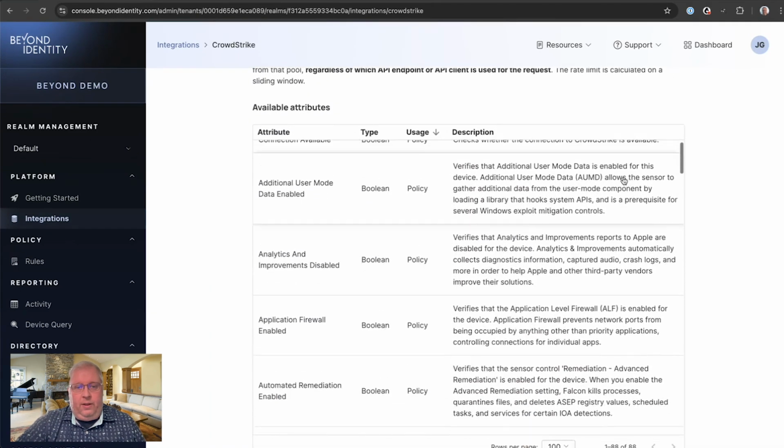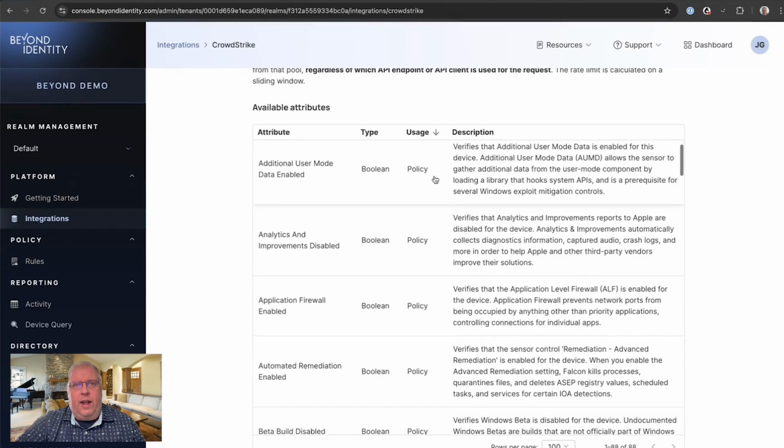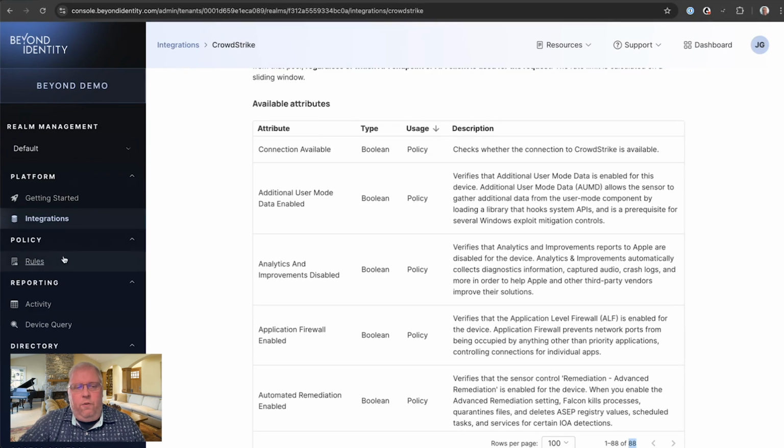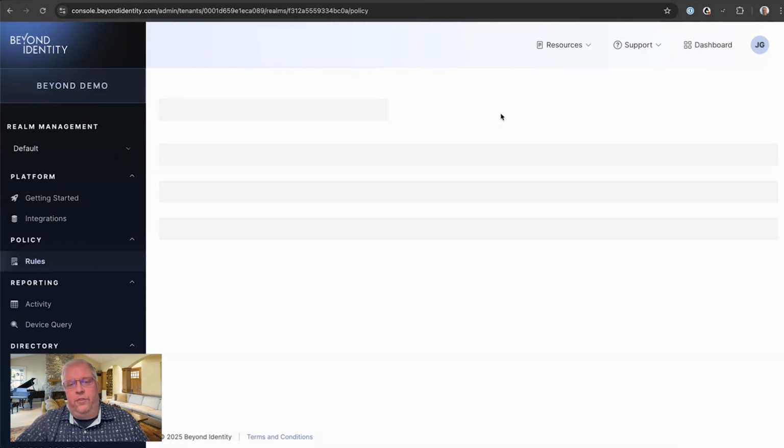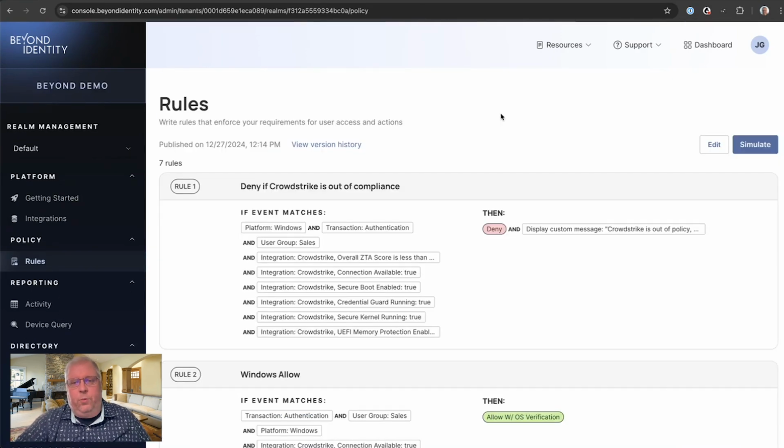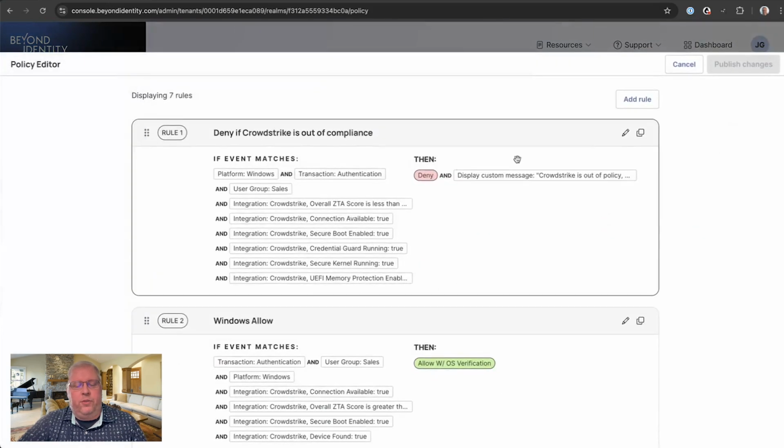But more importantly, this is really what we're here to talk about: this attribute set that we have. And you can see we have a number of attributes here. And so when we go over to the rules here, this rules engine, our policy engine, this is really where it gets powerful. This is the magic we can take. So if we pull in all those attributes from CrowdStrike on a continuous basis, then this is where the rubber meets the road, where we can now put them in a policy that stops access from the user